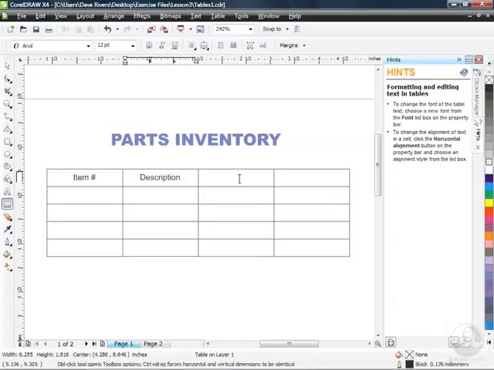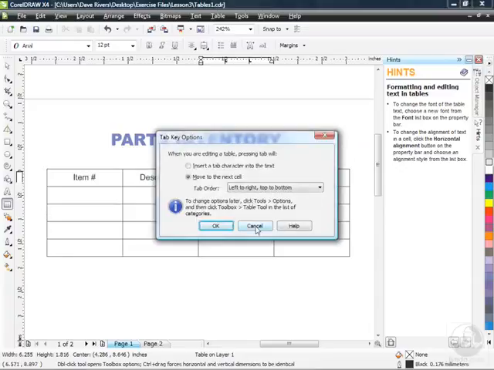And in the next cell, I can click and type in quantity. I'm going to just type in QTY for quantity. And when you hit the Tab key, typically when you're working with tables, whether it's in a spreadsheet application or in another application where you can create tables, hitting your Tab key usually moves you to the next cell. And you can see when I hit my tab key there to move to the next cell, I get the